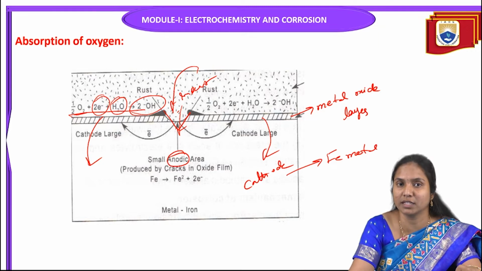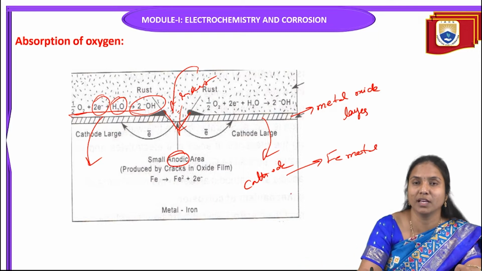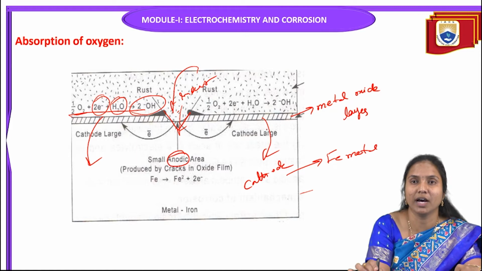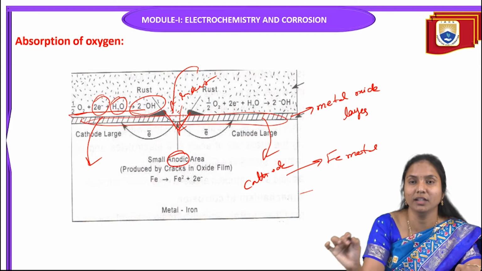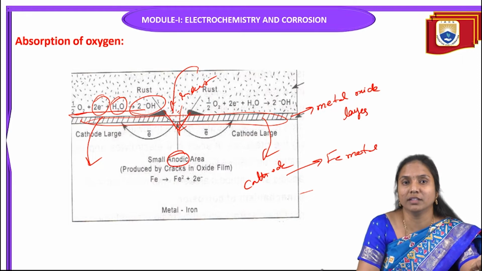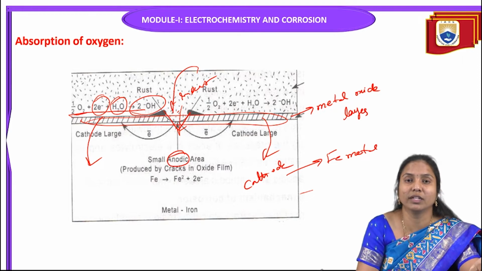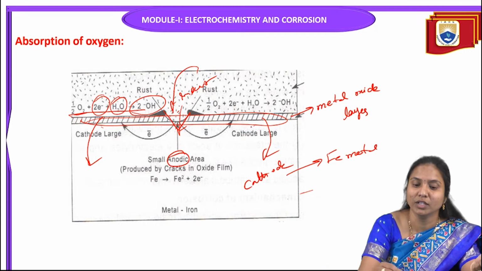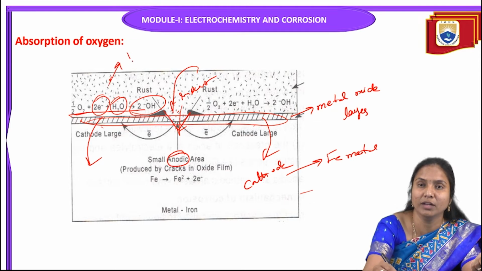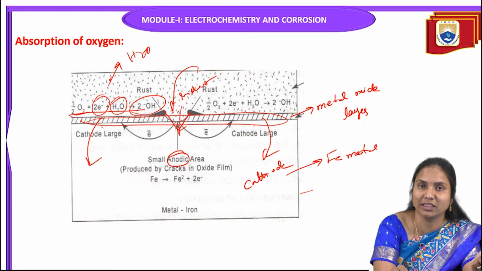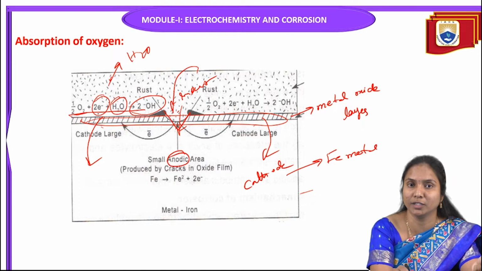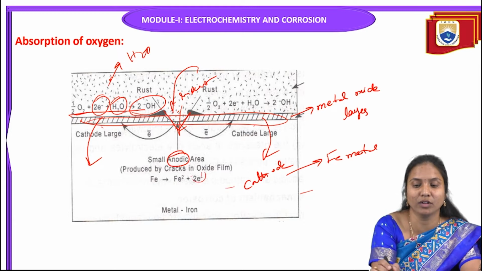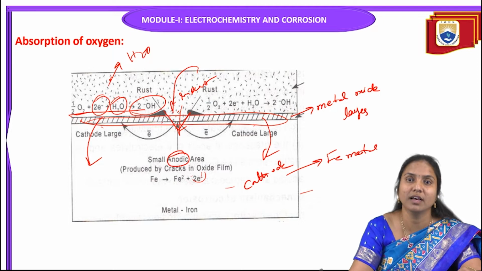The best example is rusting of iron in the presence of oxygen. For example, here iron metal interacts with atmospheric oxygen and forms an iron oxide layer. If for any reason this metal oxide layer gets cracks, that cracked part acts as anode and the rest of the part acts as cathode. When it is in contact with a neutral medium like H2O, at the cathodic area atmospheric oxygen consumes 2 electrons released from the anodic area, and it consumes water. Finally, it gives 2 OH minus ions.